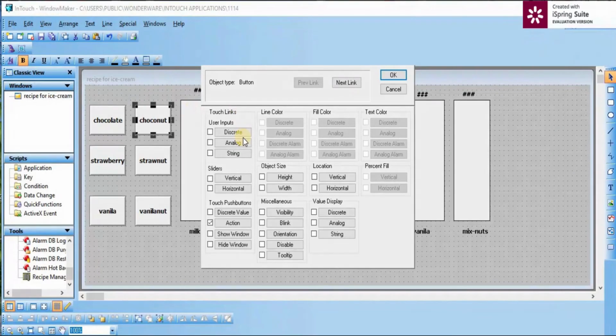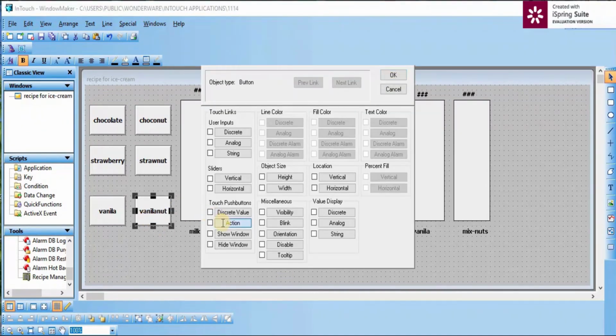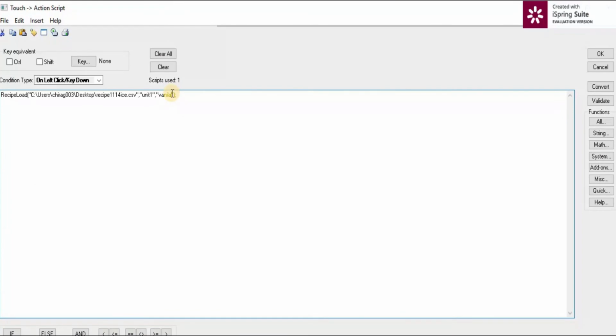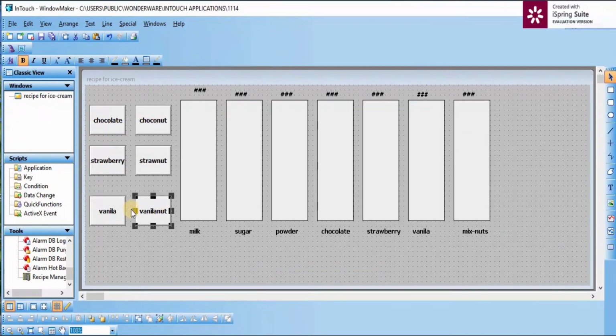Validate. OK. Do it for all the remaining. Our last recipe, vanilla nuts: go to action, change it here to vanilla nut, click on validate and OK. So our SCADA designing is completed.